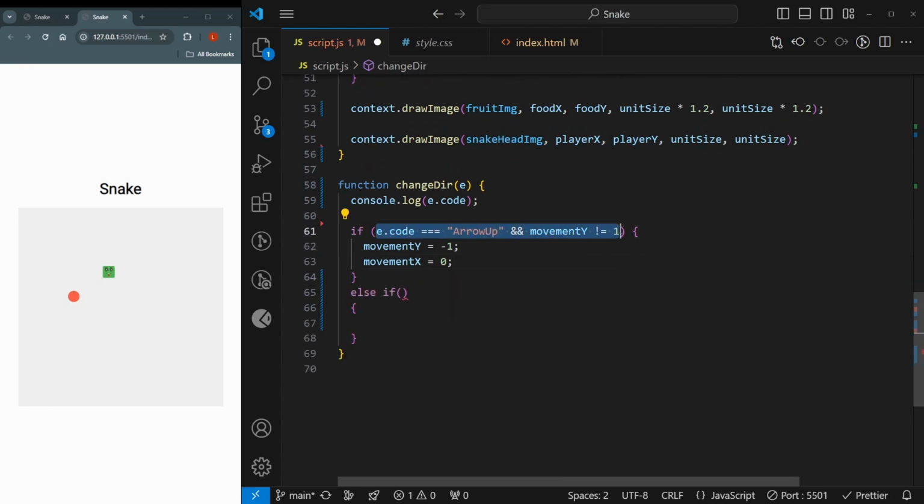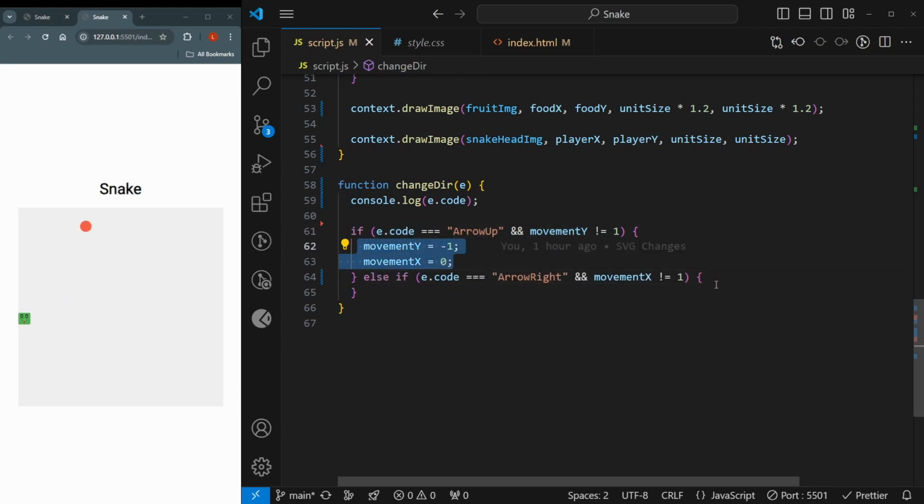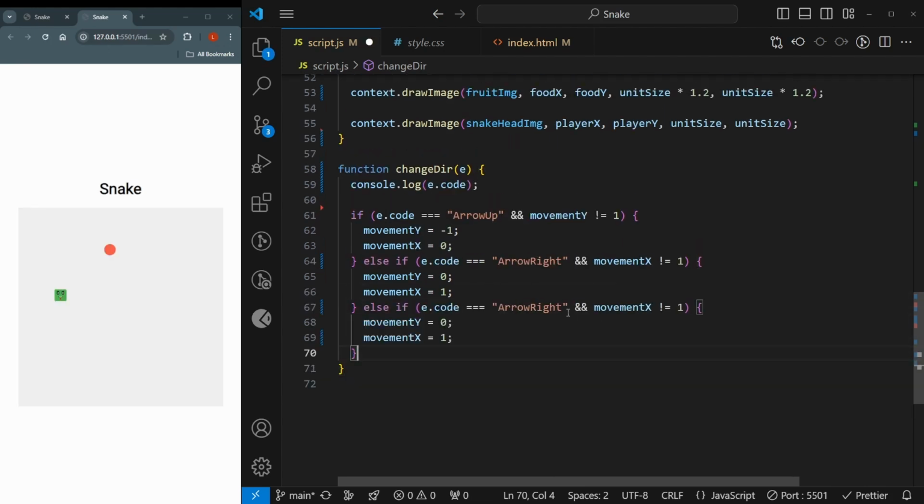We'll be copying these over, and this time I'll be checking against the ArrowRight, and here change the movement y to be movement x instead. Copy these values over as well. But here we'll be setting the movement y to be 0, because we are starting to move horizontally, and we'll be setting the movement x to be 1. Let's copy this over once again. This time we'll be checking against the ArrowLeft, and